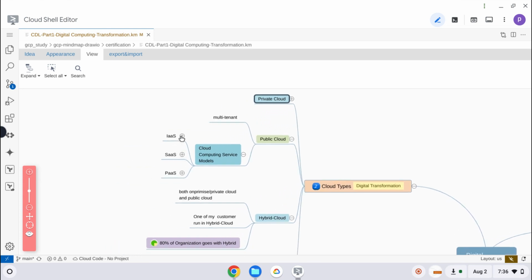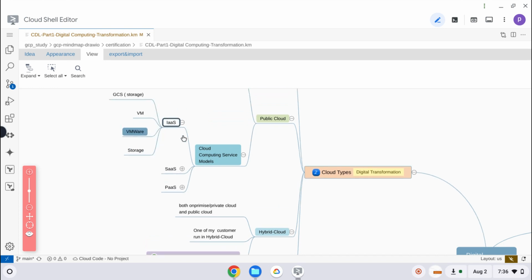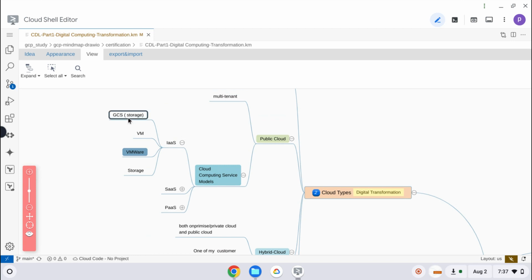Those services can be classified at least in these categories: infrastructure as a service, software as a service, and platform as a service. You can classify any service of any public cloud into one of these categories. For example, if you are using a virtual machine, it comes under IaaS, infrastructure as a service.